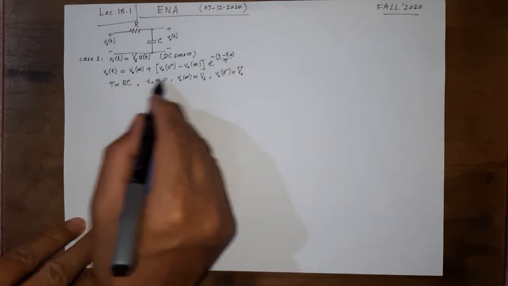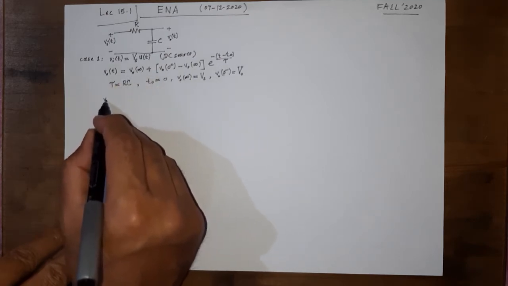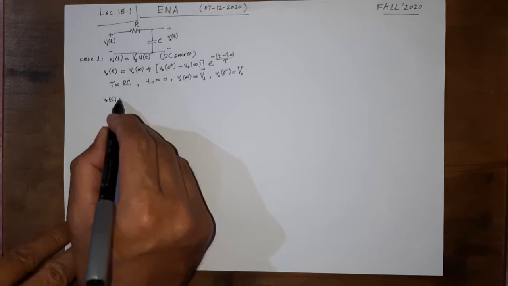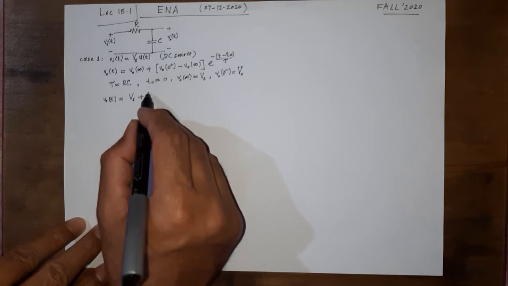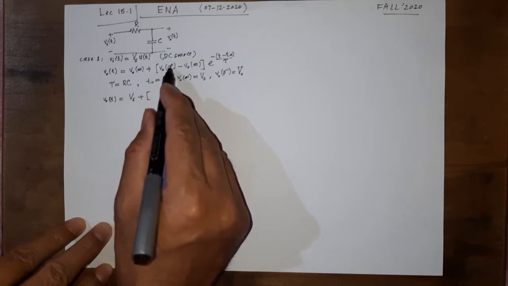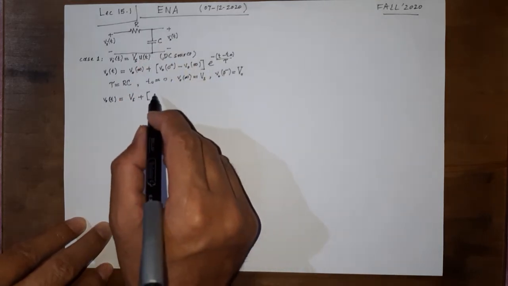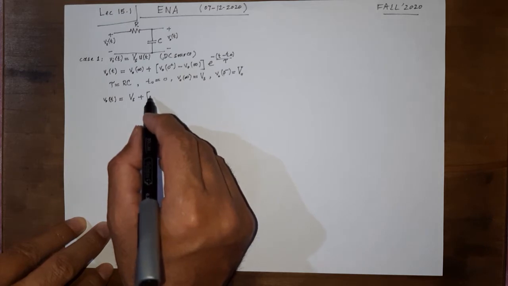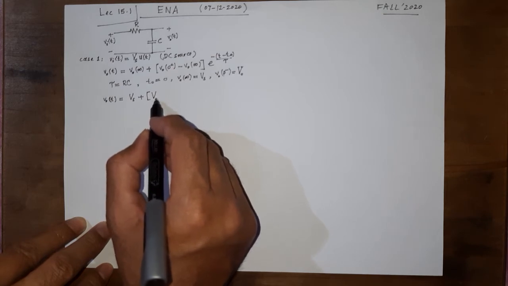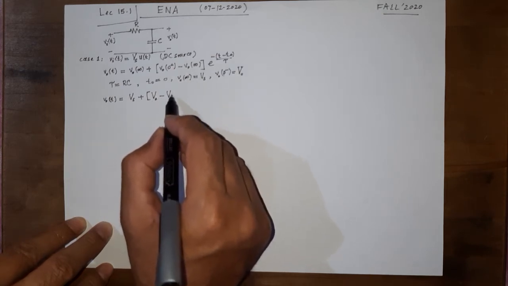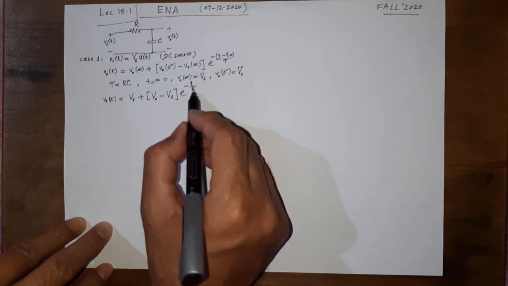Then if we put all these values in this expression for V naught T, we would get V naught T is equal to V naught at infinity, which is Vs, a constant value. V naught 0 plus would be equal to V naught 0 minus, because it's the voltage across a capacitor, and a capacitor opposes sudden changes in its voltage. So V naught 0 minus would be the same as V naught 0 plus, and that is V naught minus Vs e raised to the power minus T minus 0 over RC.